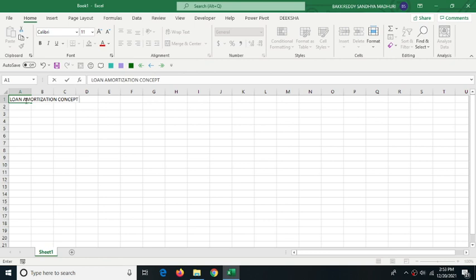For example, if any person has some loan in a bank, after paying off 10 months or 20 months, if he got a doubt, how much have I already paid, how much do I have to pay at that particular EMI, and in the paid amount, what is principal balance, what is interest, and up to that EMI, how much amount I paid only as interest.